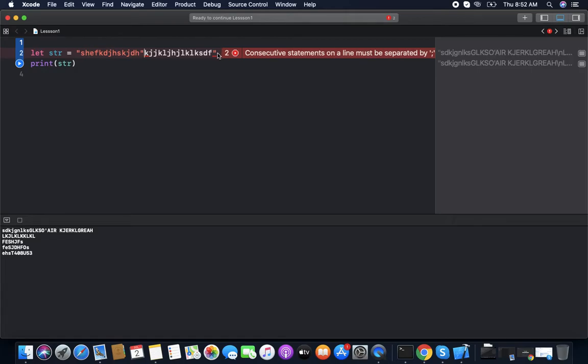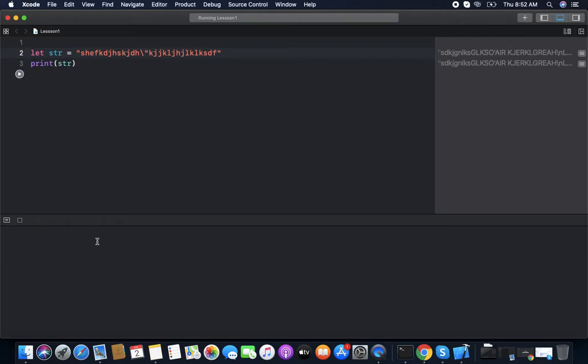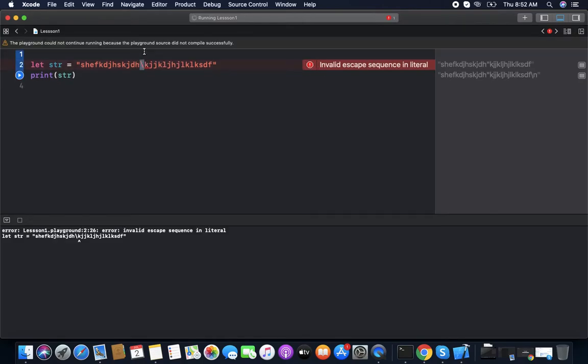So for this we use the escaping character, this slash here. Now you can see we print it within the line. Same for the slash. If we want to print a slash in the line, it will be invalid because slash is a special character.